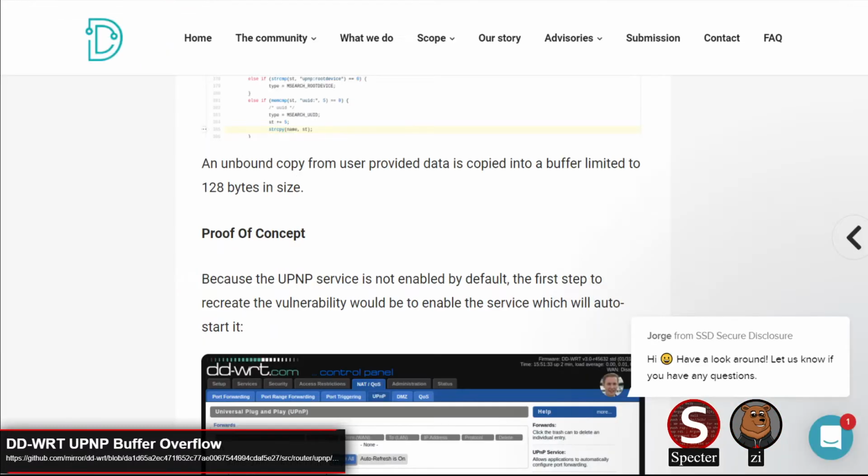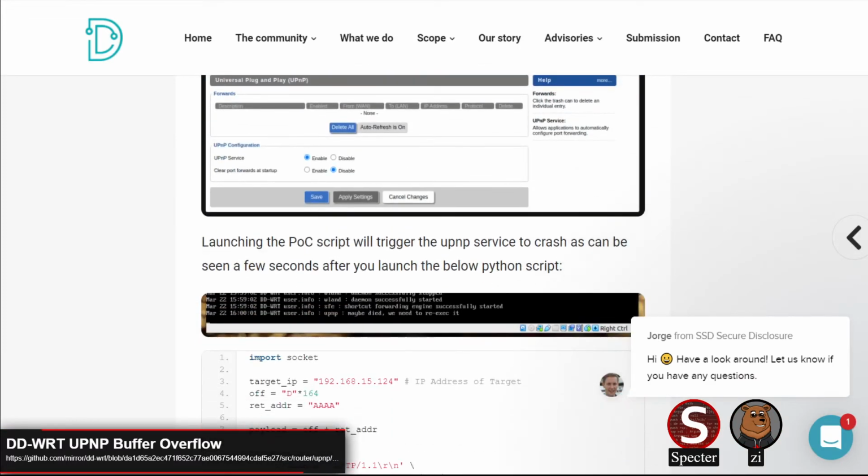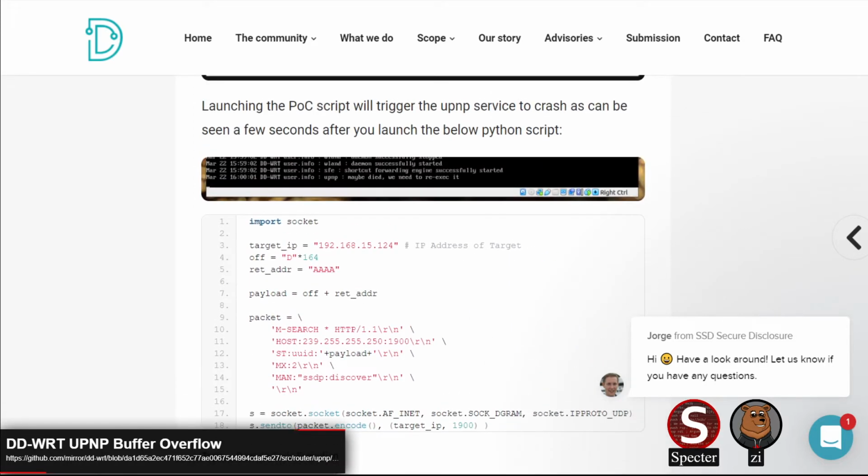Just routers. Now, they don't state it in the article, but this likely could be taken to code execution pretty easily. I very much doubt that they're using stack cookies, because stack cookies are just so uncommon in routers and other IoT stuff. This is in DD-WRT, an open source firmware that you can load onto a router. You can probably get binaries for it because it's really popular, but you can also just compile this yourself. I'm sure a lot of people are going to compile this on their own too.